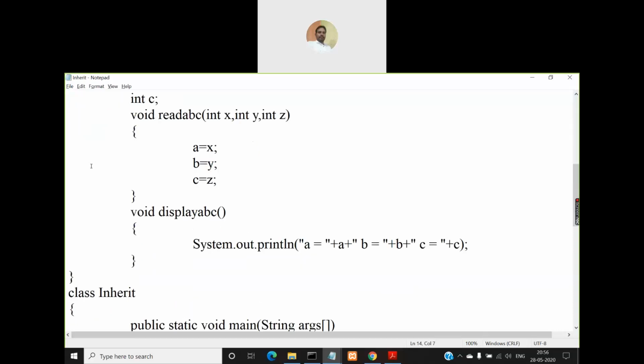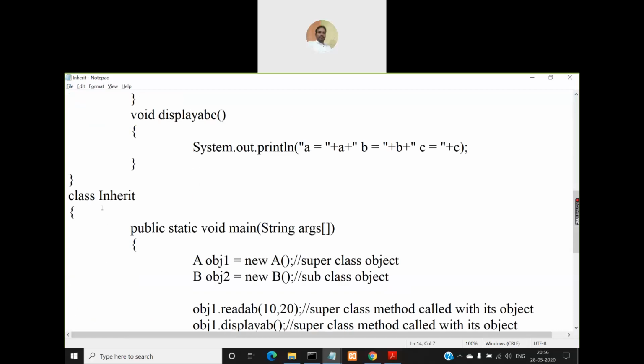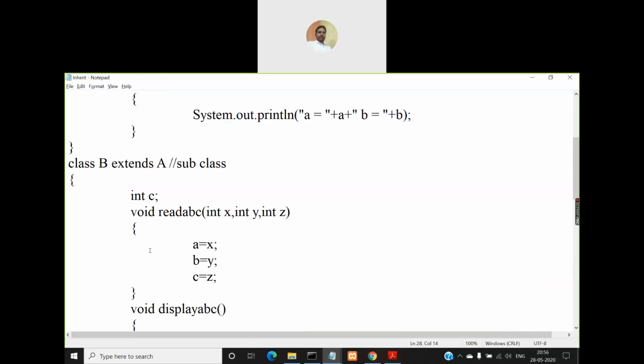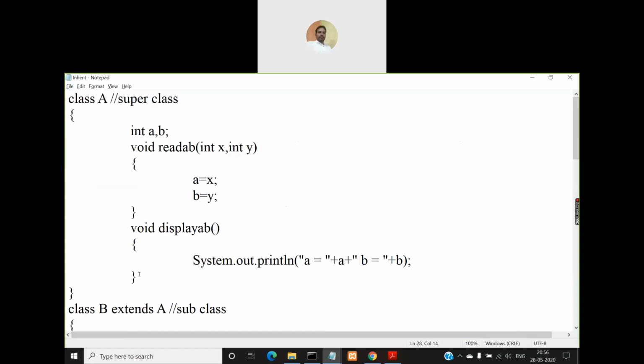Because I have defined the main method in the inherit class, I need to save this file as inherit.java. So that is what we have done. And now if you remove this inherit class and define this main method inside class B, then you have to save this file as b.java. Instead of that, if you write this main method inside class A, then you need to save this as a.java. But we'll not be doing it that way.